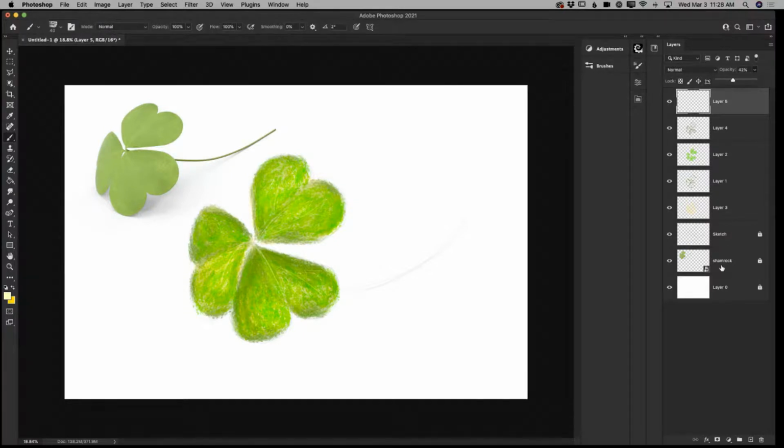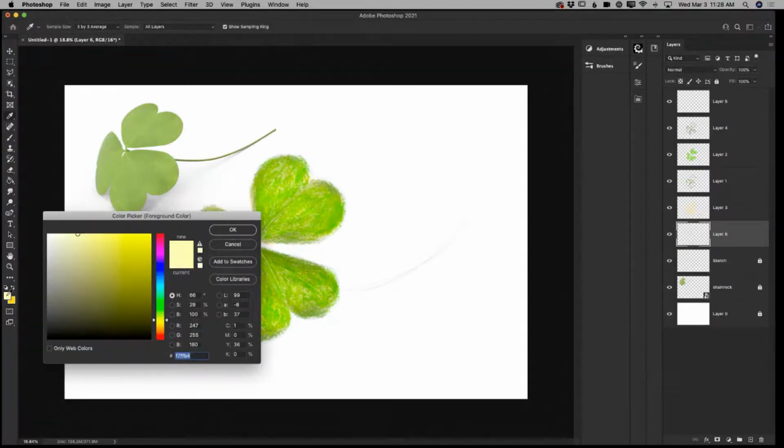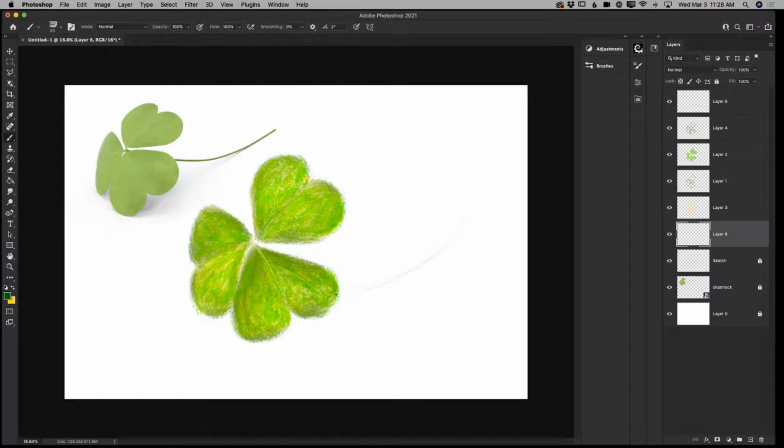Now I will highlight my sketch layer. I will create a new empty layer. I will switch to a darker shade of green color, just like that. I will increase the size of my brush, and I will add the final detail to my painting. But now, guys,